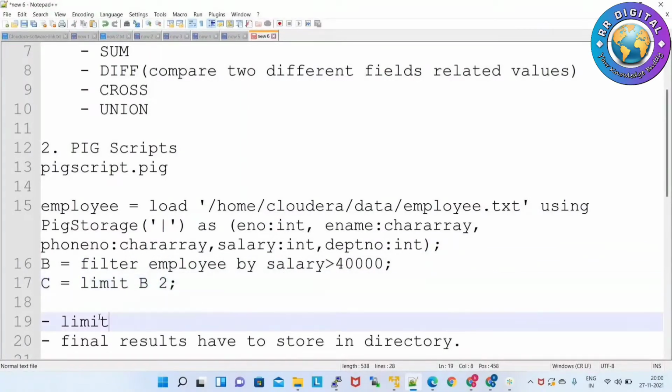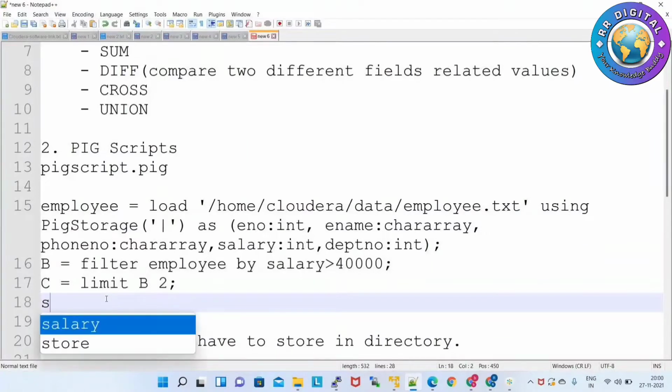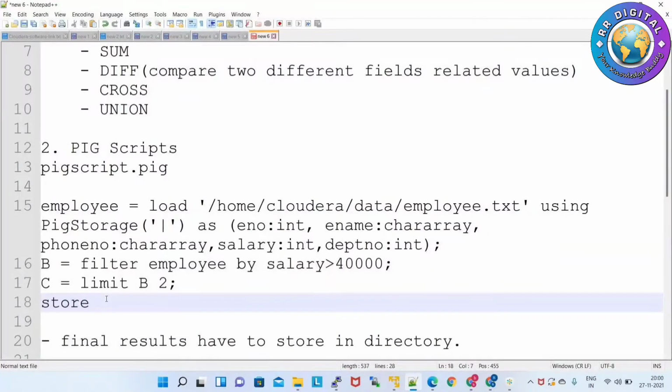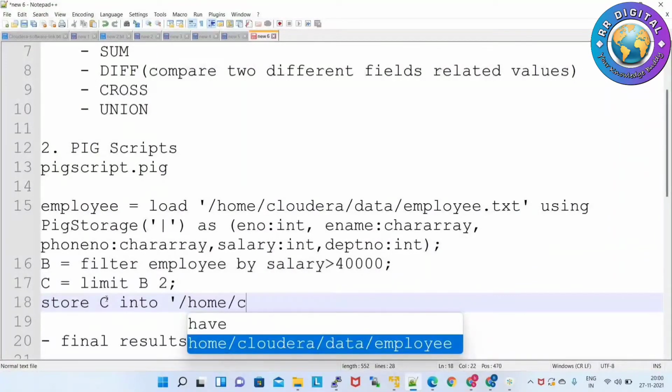And the final results I have to store in a directory, because pig is session oriented. So here we have to store the results. Which bag? Bag C, into which directory? Home cloud.